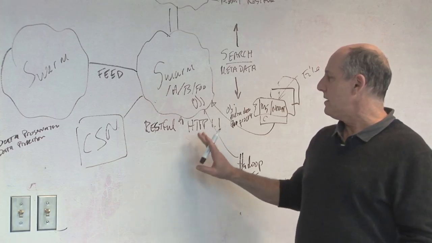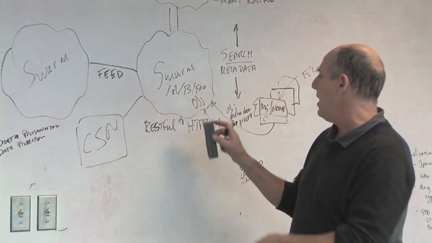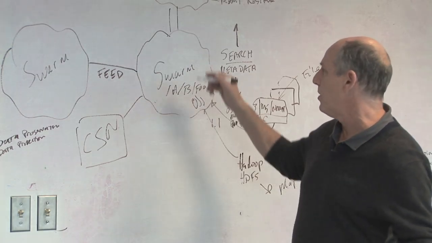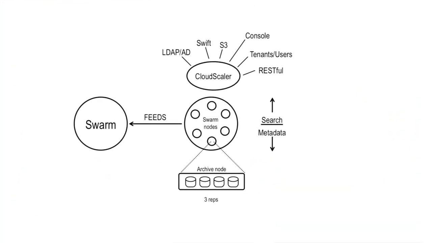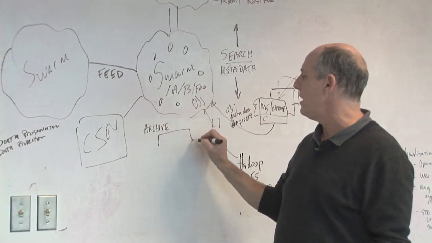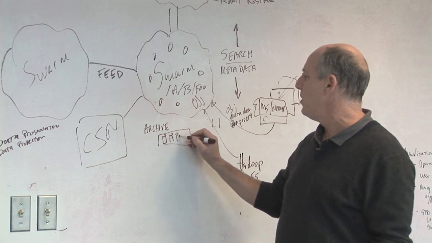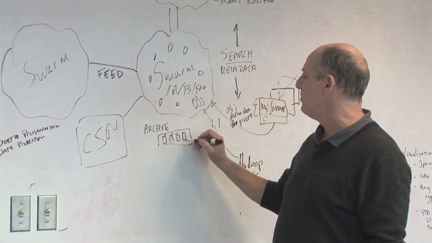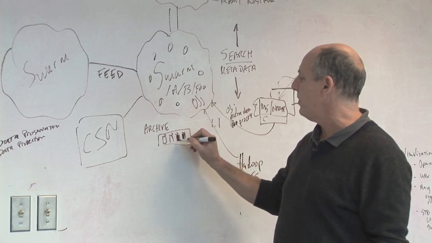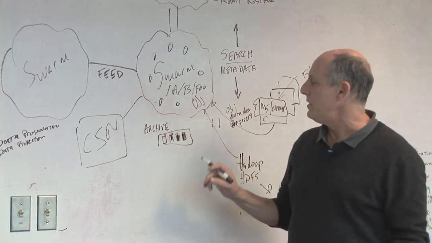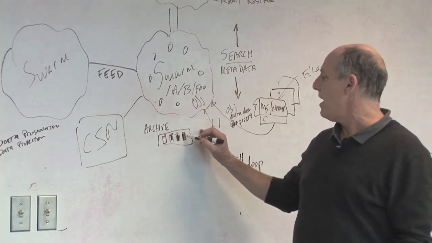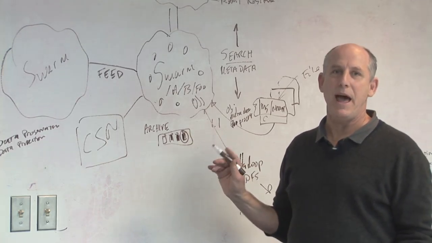So the next thing I'd like to talk about is this feature called Darchive. We have Swarm composed of a bunch of different nodes. You can actually configure them in 2 ways. You can configure them as an archive node where they have, say, a bunch of disks in them, and it will fill one disk quickly and then move on to the next and fill, and the next and fill. And what Darchive does is Darchive will notice that a disk hasn't been accessed in a while,